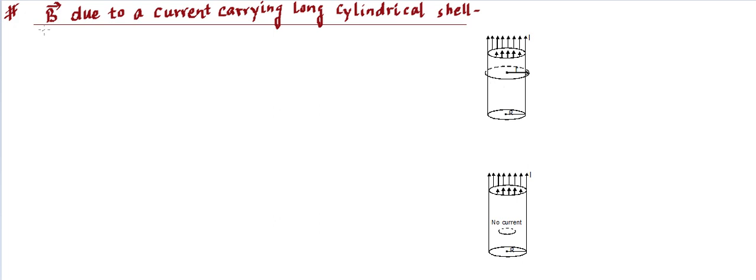So let's start with this one that says magnetic field due to a current carrying long cylindrical shell. So we've got a cylindrical shell which is long and has a current. So this is a picture you can see. In this picture the current is moving along the circumference or periphery or the curved surface of the cylinder, and that current is given by this value I. So let me rewrite this: I is a current which is moving in it, and the current is not inside, it's only on the circumference, or you can say curved surface.